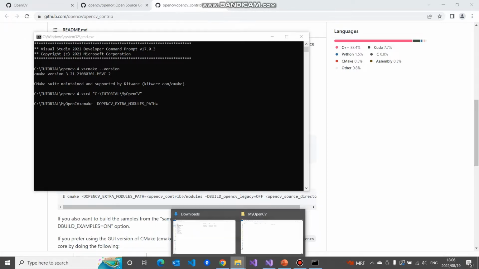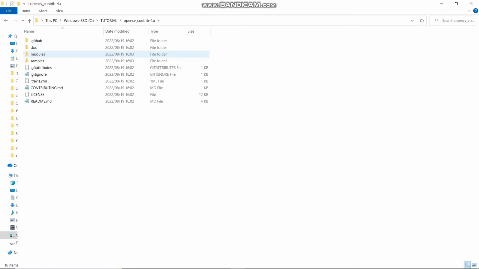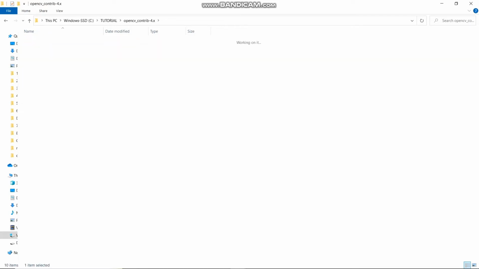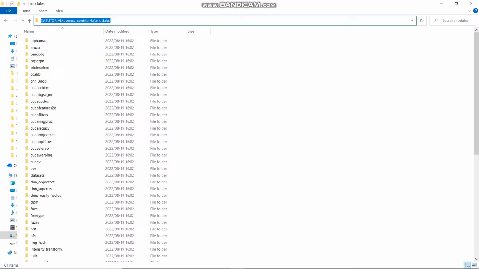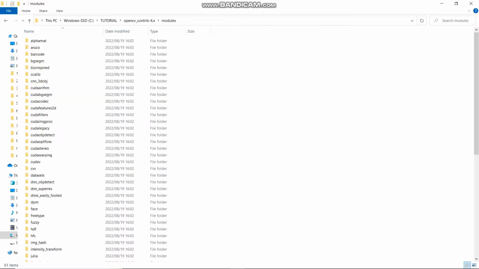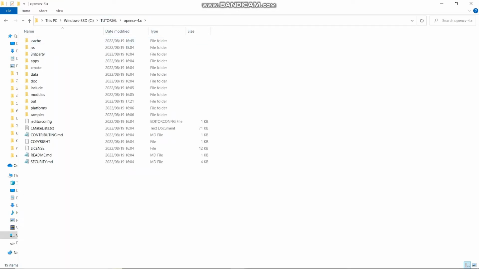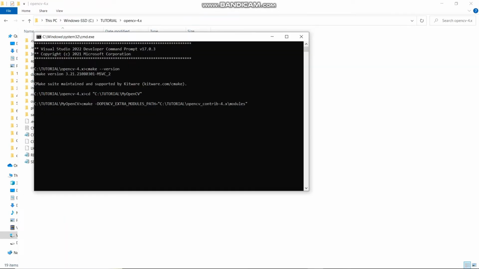And now what we're going to do is put in, so the first argument is this one here, the extra modules. Again, always good practice to put it in quotation marks. And then the second placeholder is the other one we downloaded, the main module. Again, putting it in quotation marks. And that's it. If we go ahead and run this command,